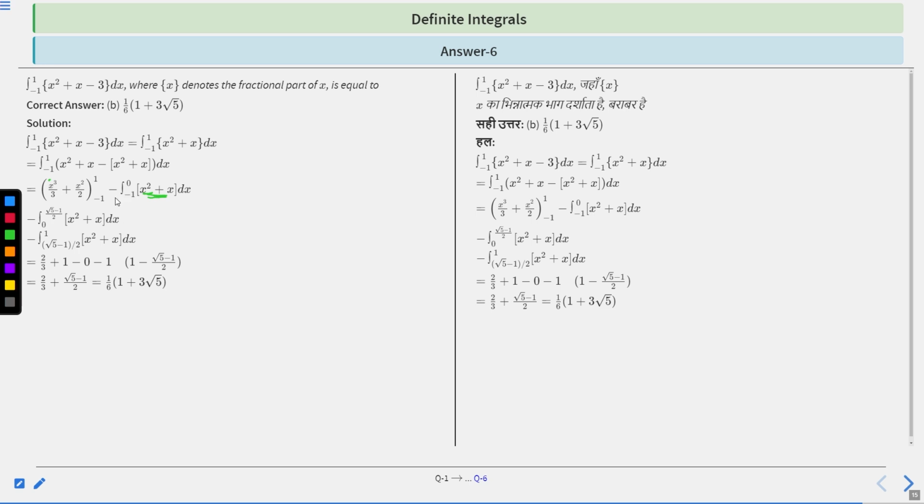Therefore it will be minus of the integral from -1 to 0 of x square plus x dx minus